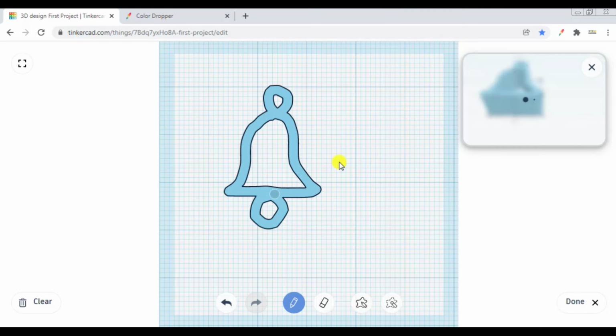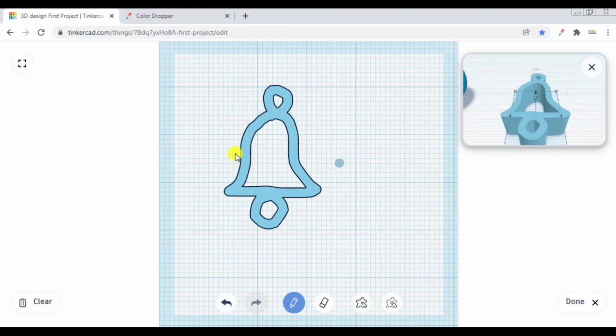Whenever you make a scribbling figure, its preview appears onto the top right corner of your screen. Here there is undo, there is redo. This is the drawing option which we have chosen. This is the eraser if you want to erase anything. Like this, you can explore draw shape and erase with shape. If you want to erase something, just take it and erase it.